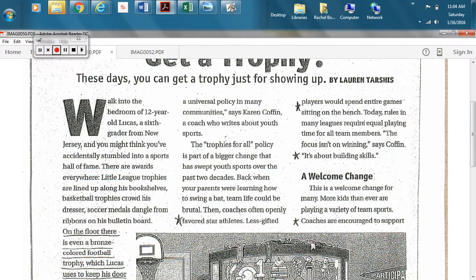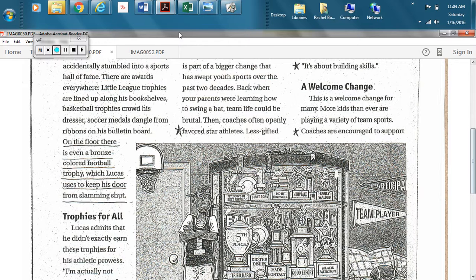The things that we starred as possible counterclaims for the other side were: "coaches often openly favored star athletes. Less gifted players would spend entire games sitting on the bench. Today, rules in many leagues require equal playing time for all members, and the focus isn't on winning, says Kaufman. It's about building skills." So the students wanted to star those because they said if the focus is on everyone getting a trophy and sort of equal time, then it becomes not about just the best winning, but it becomes about building skills. And then we continued to read this article,